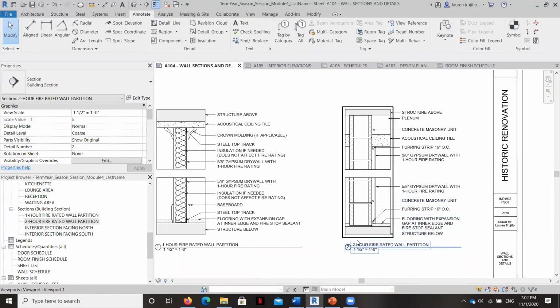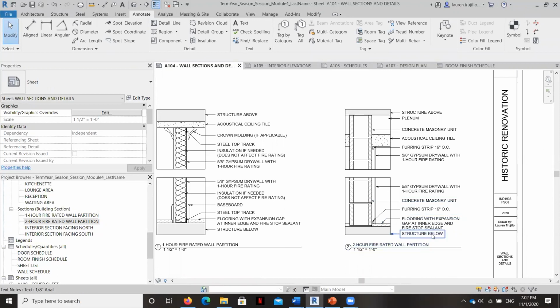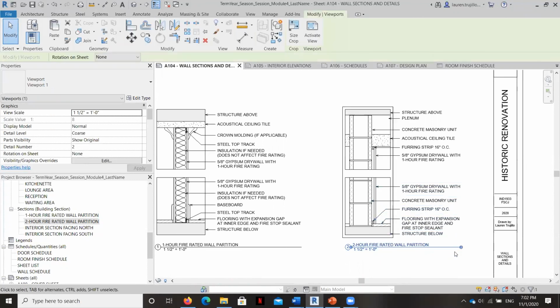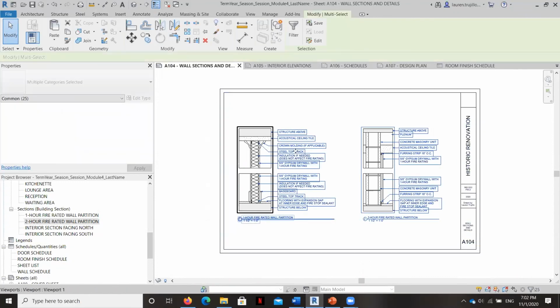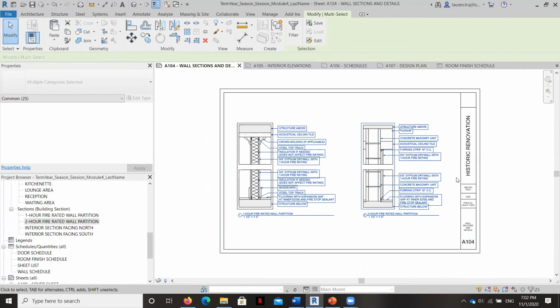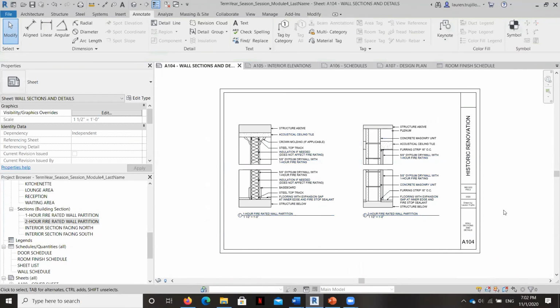I shifted around the end line of my title bar by going ahead and clicking in here and dragging it. I grabbed both of these images and centered them towards the middle of the page, made sure that my margins are the same on this side versus this side. I'm going to move these up just a little bit so that the distance down here is the same as the distance up there.